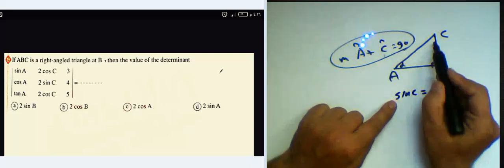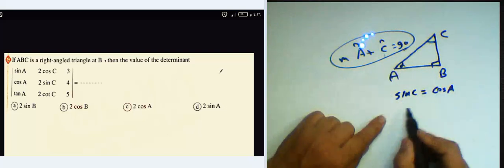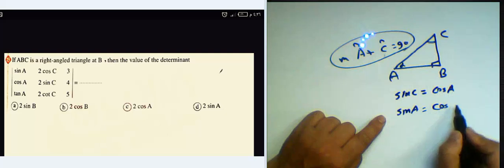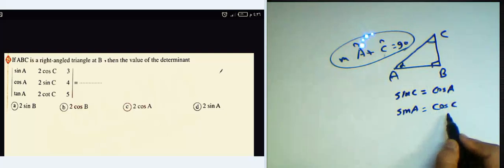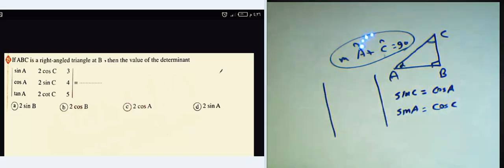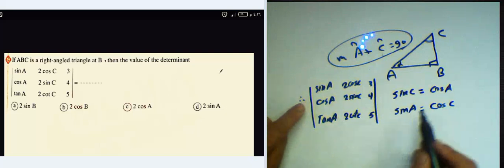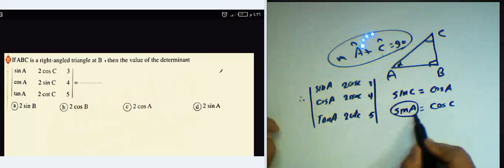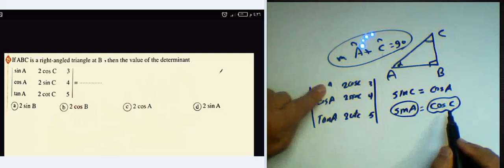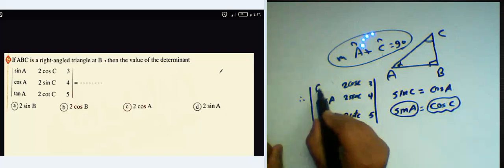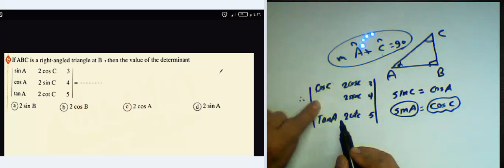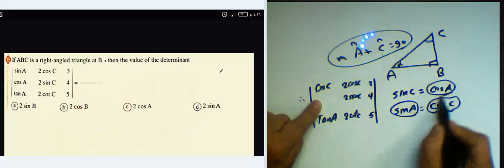Then sine C equals cosine A, and sine A equals cosine C. We can cancel in the result here. Then you can cancel sine A here and write cosine C, and cosine A cancel and write sine C,